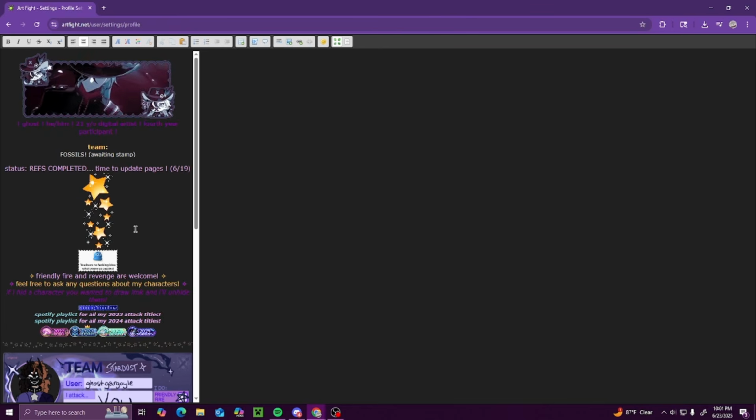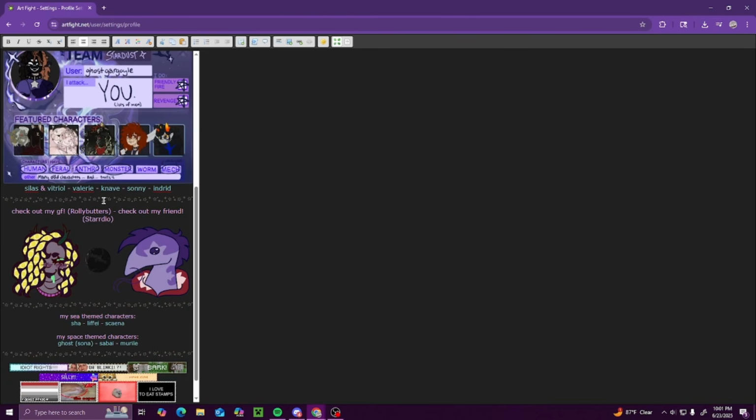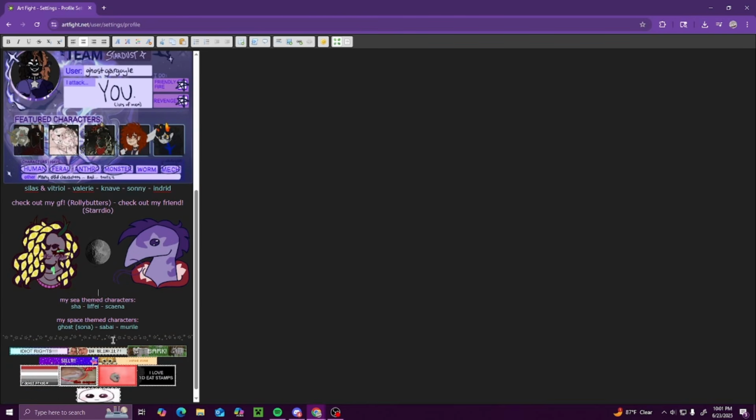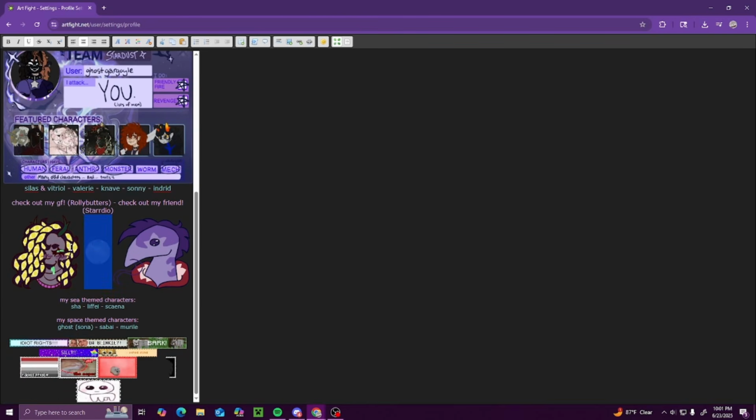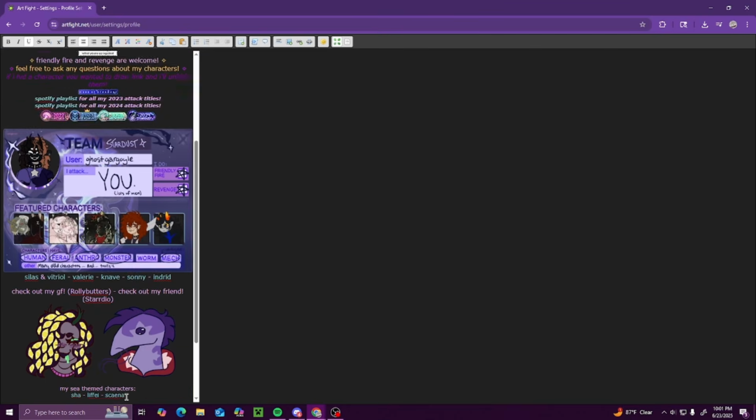I'll change all of these colors once I change all my GIFs. Get rid of that one. These borders I'm also going to get rid of. I'm going to get rid of this GIF that's in between my friends' little icons. So now